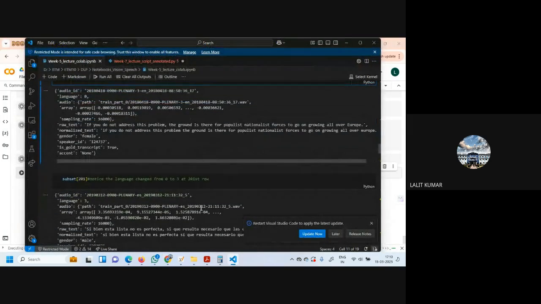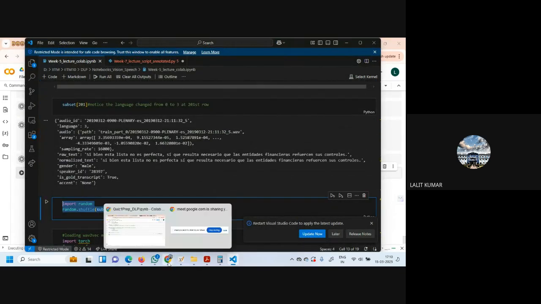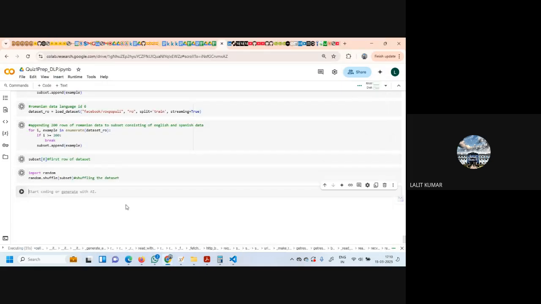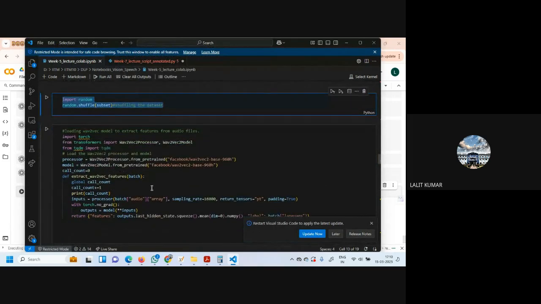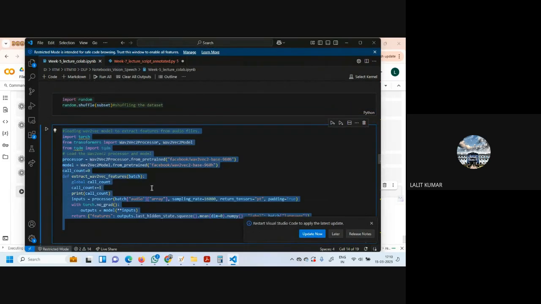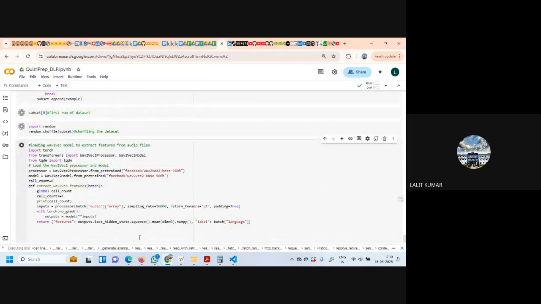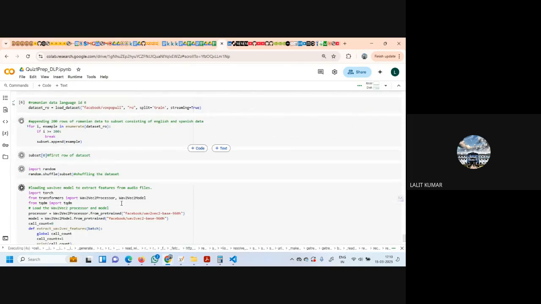And what he did again, then we have to shuffle again so that all the languages are equally distributed in the dataset. So this is the command we use, shuffle. And this is the main code now. So let's see how much it is loaded. It is loaded, yes.